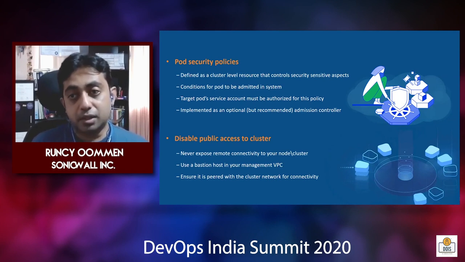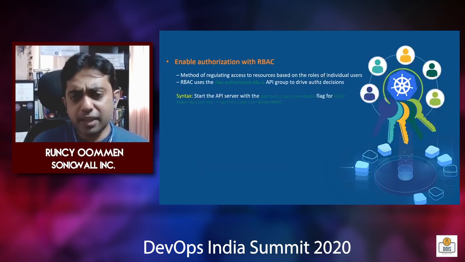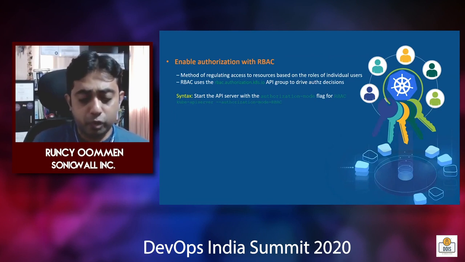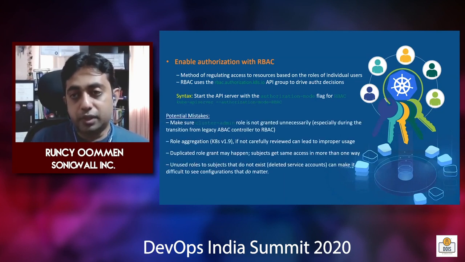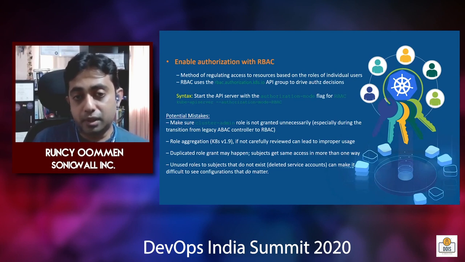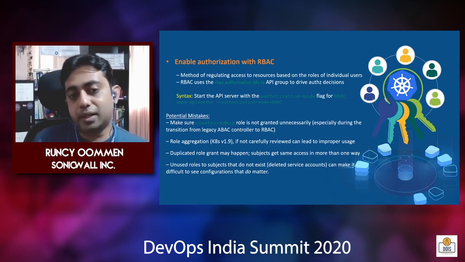So this is another security recommendation that I highly encourage during the Kubernetes cluster deployment, and the other one is specifically with respect to RBAC. RBAC is an improvement over the traditional ABAC that existed with Kubernetes 1.9. When you migrate from ABAC to RBAC, make sure that the cluster admin role is not granted unnecessarily, because if you've been playing around with prior versions of Kubernetes, this would definitely be there, and it could be a potential mistake, because ABAC is a less secure version as compared to the